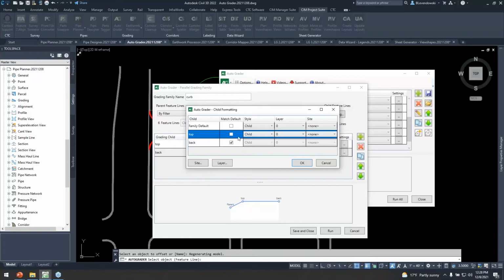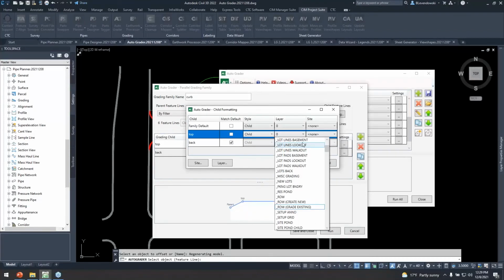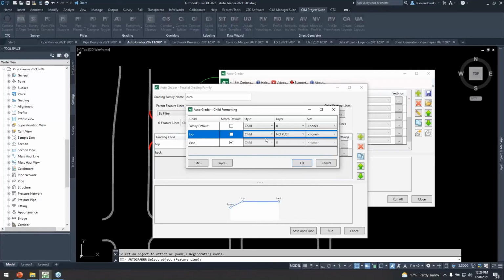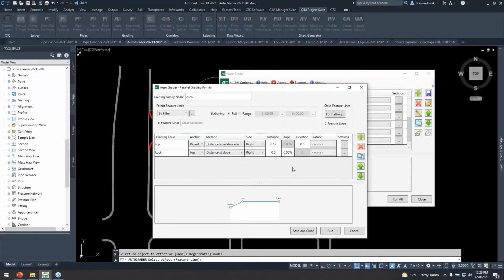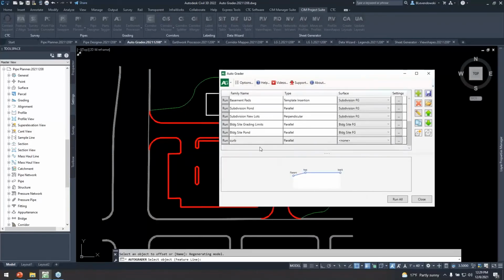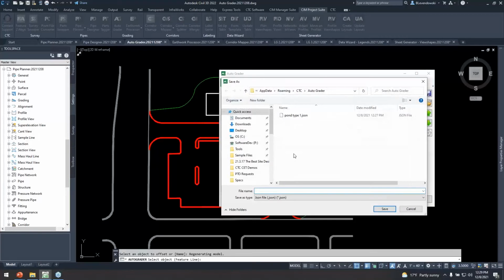So for example, I might want to standardize and say, well, the layer for top of curb goes to something different. Maybe it's like a no plot layer. Do I have one in here? Yeah, no plot layer. But my back of curb always goes to just a regular curb layer, okay? We can program this stuff in here in the same way you do in the settings tab of Civil 3D, the way you do in your layer manager. We can program this stuff in here so that all of this stuff, once it's saved out to an external template like this, curb type 2,